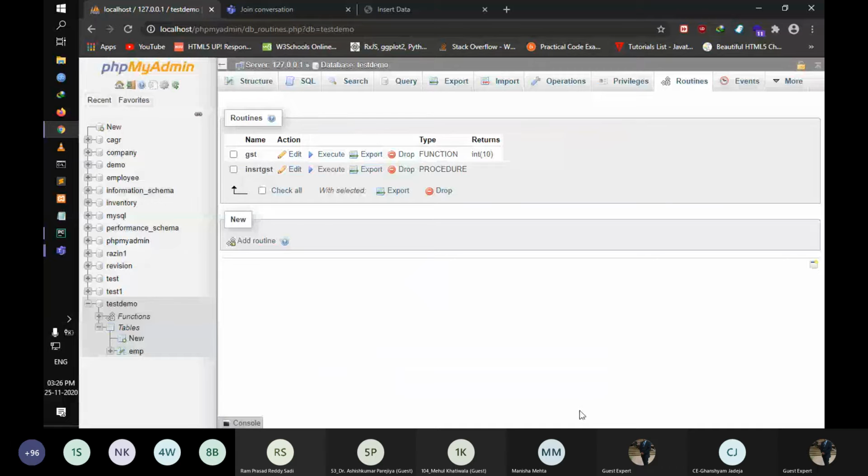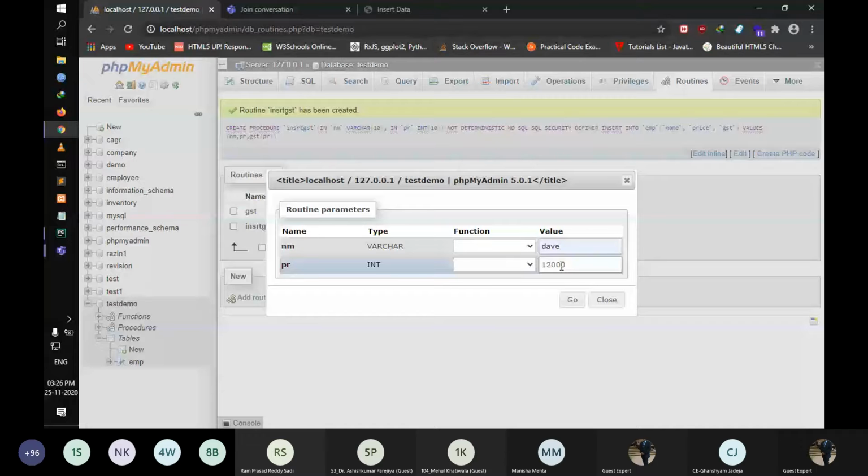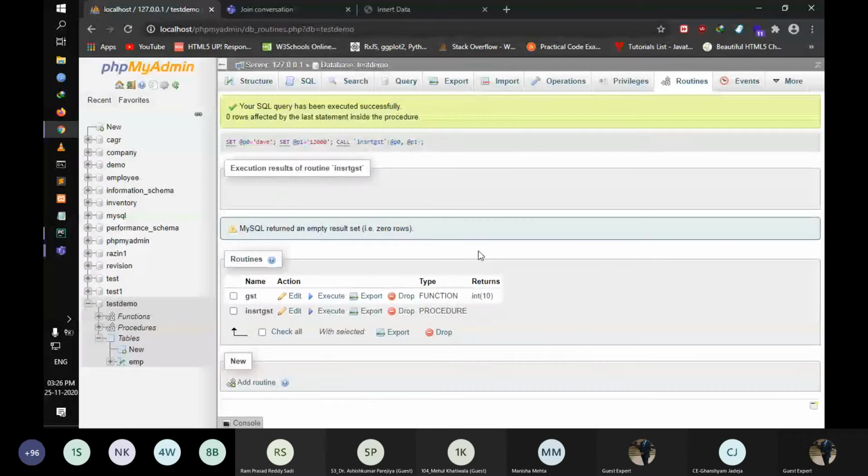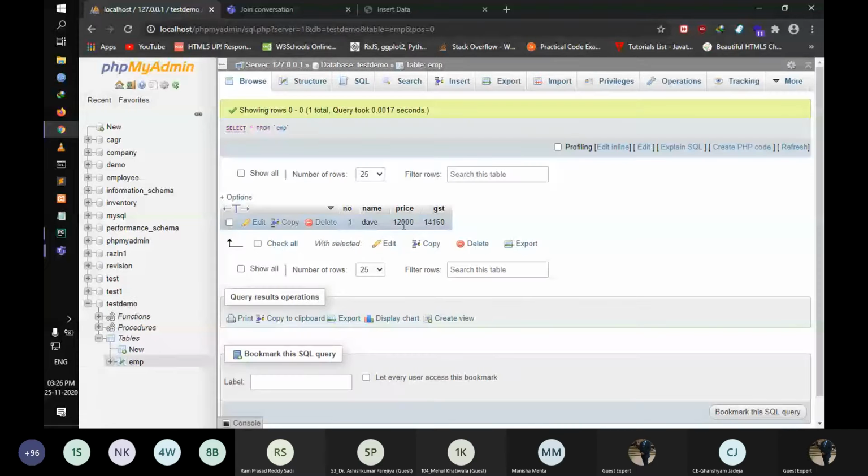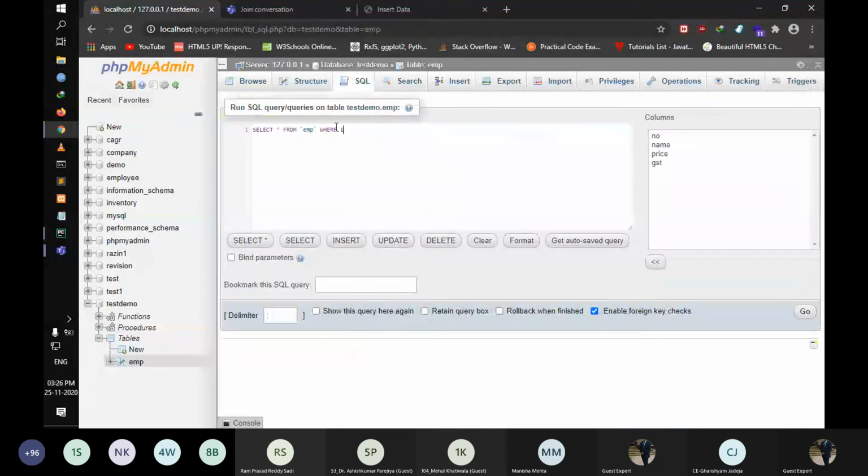So we are executing the procedure. I will enter the name and the price, 12,000. We click go. In the table we get the name, the price, and the price with GST. In the SQL query, we use CALL as a keyword with the procedure's name.